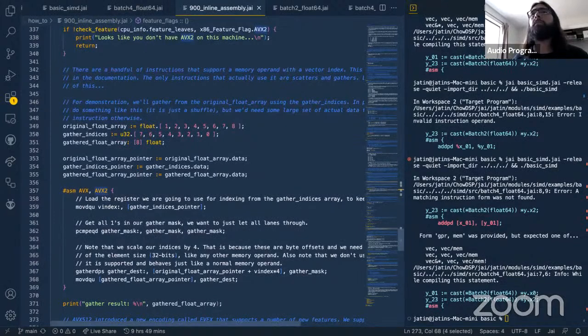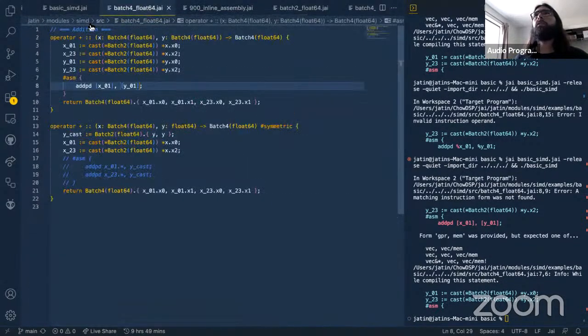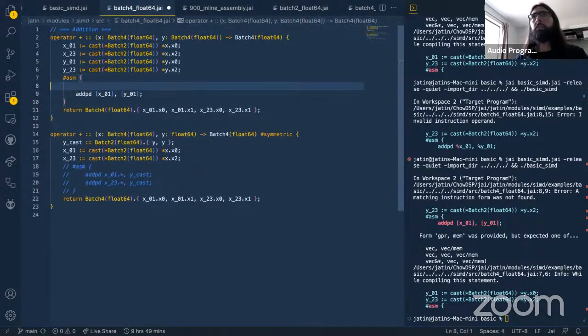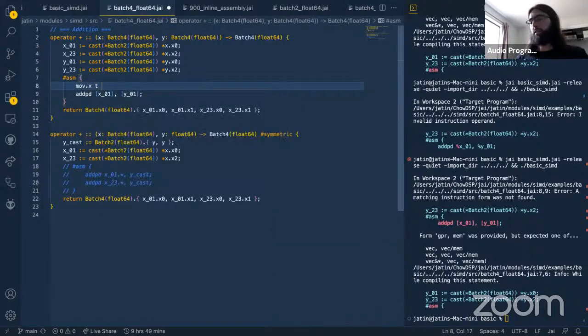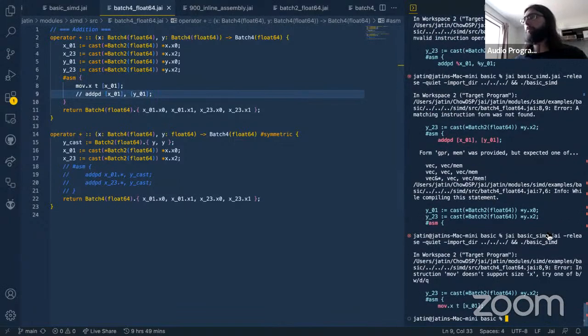So let's see. What if I do move.xt x01? What if I do that? Are we happy with that? No, we're not. Move doesn't support size X. Right. Okay, so